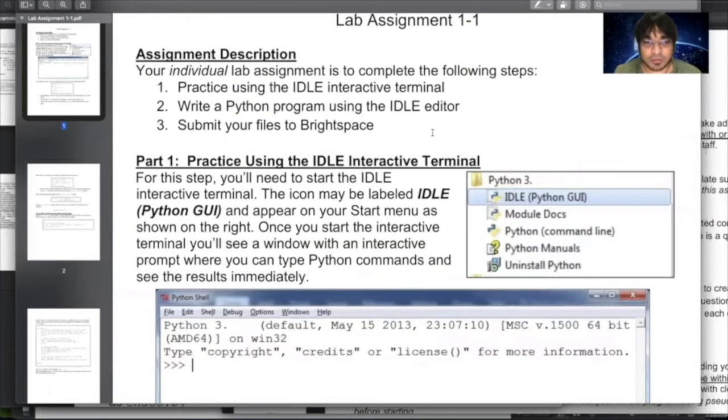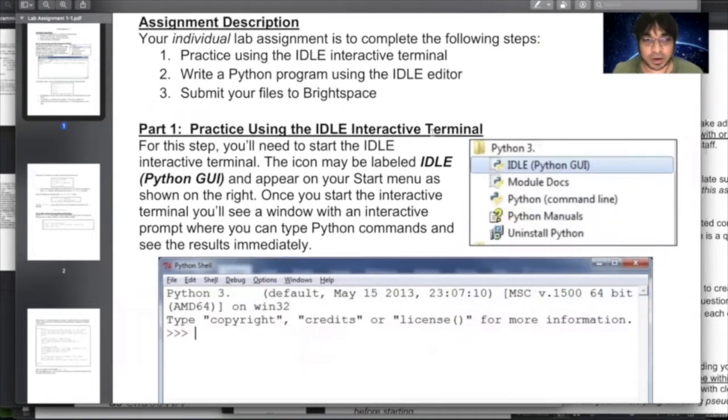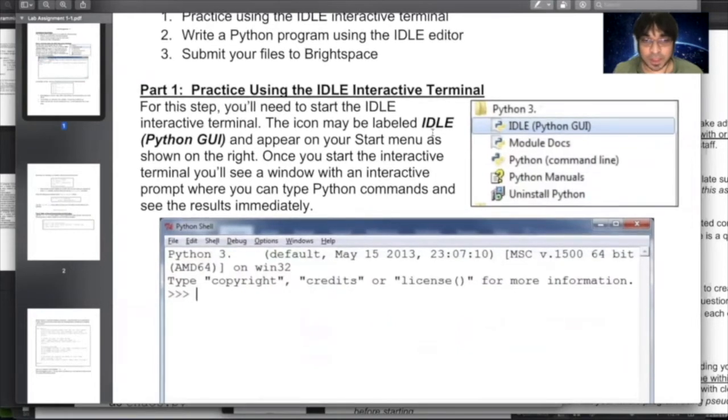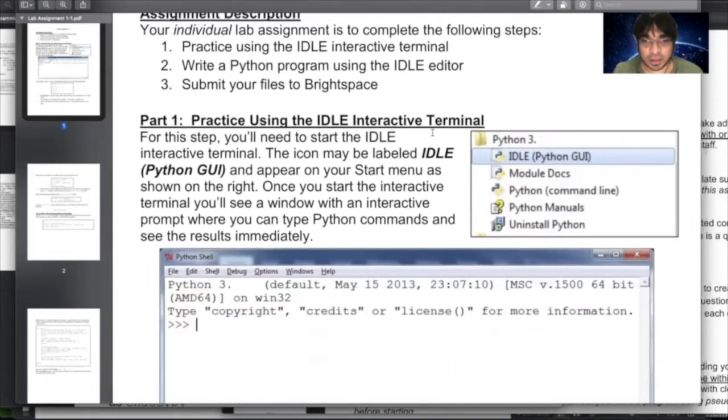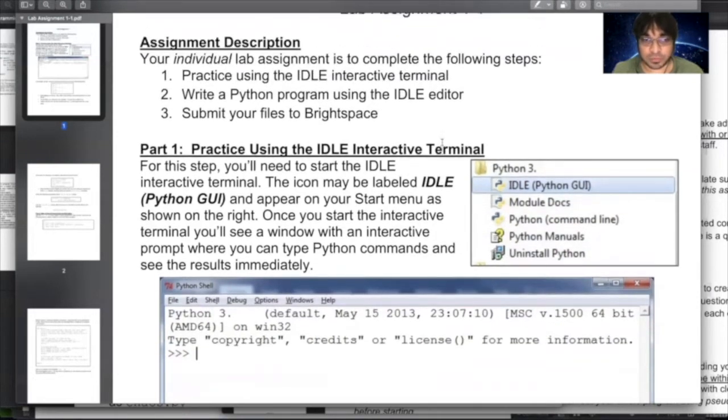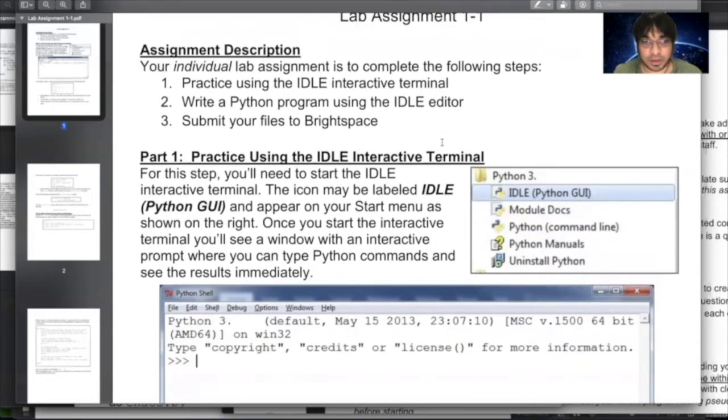If you've read the getting started part of the course material, you already know that you should install Python. Once you install the latest version of Python, IDLE gets installed by default, so you don't have to do anything extra for that. However, I understand that some of you are using a Windows computer and some of you are using a Mac.